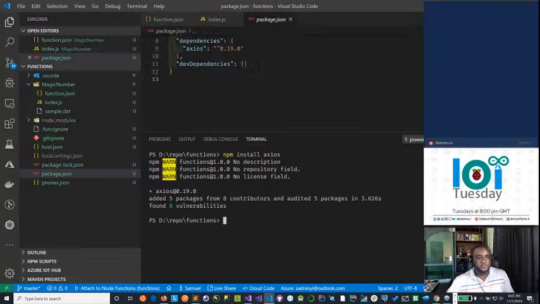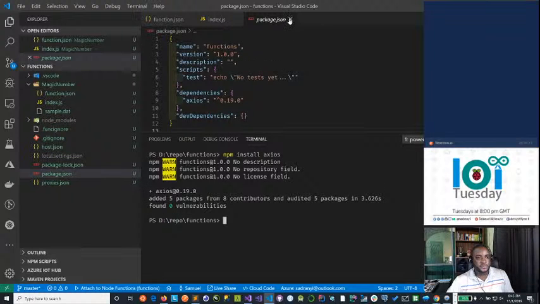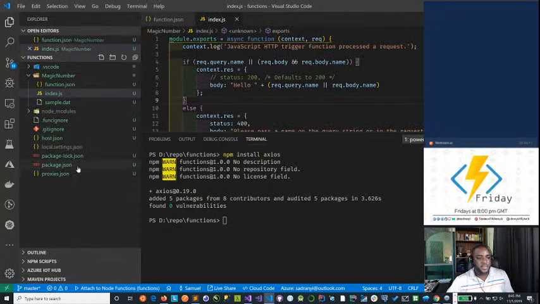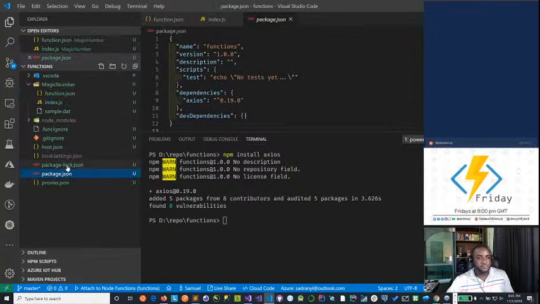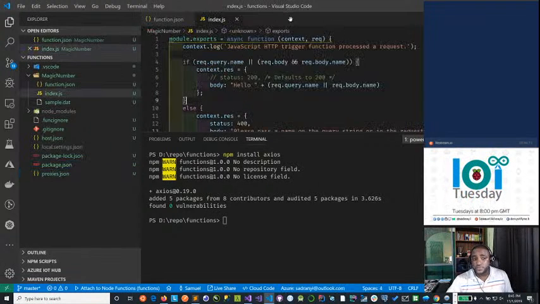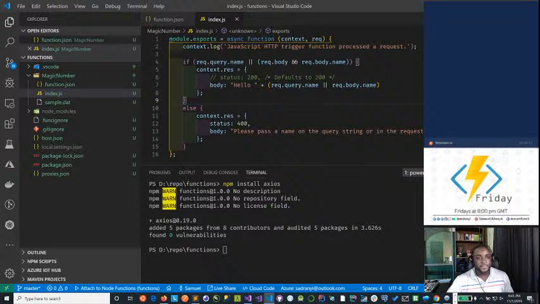Now, if we close this and open this again, you see that Axios is added as a dependency in our application. So now our application is ready to use Axios, and we're going to use Axios to call the endpoint. And because we can test locally, we can actually debug and see what's happening. We're going to refactor this quite quickly, but before then, let's check if our